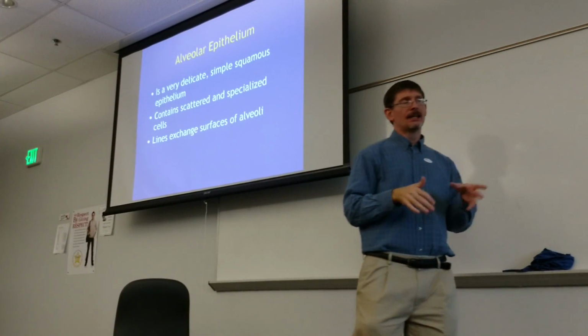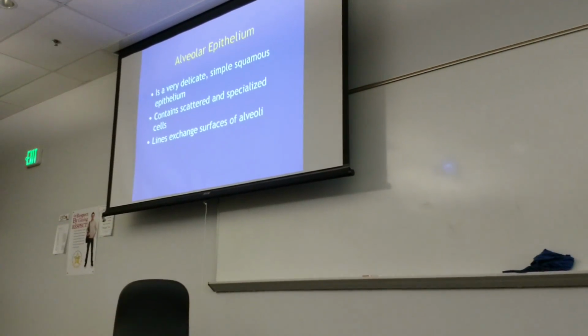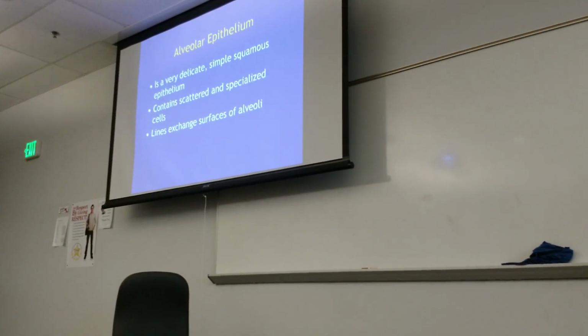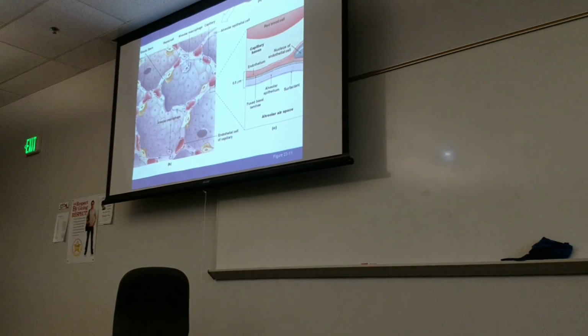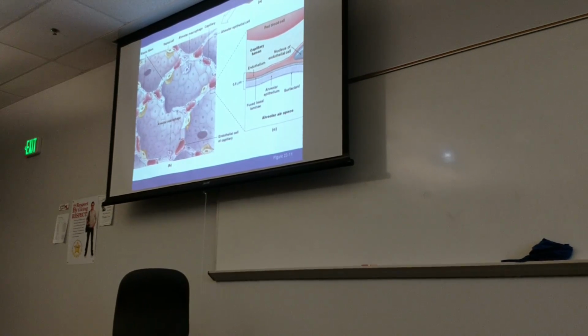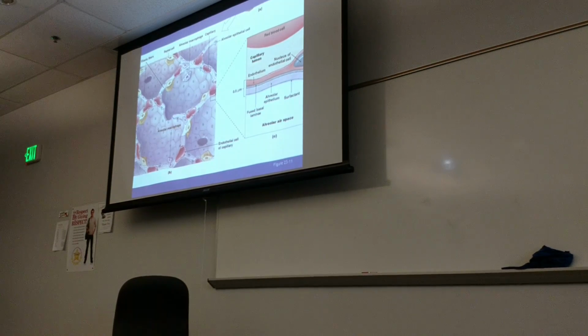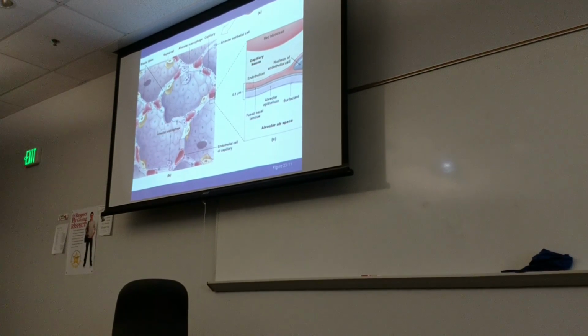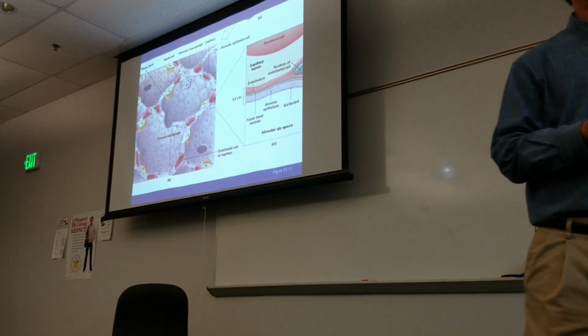What we're going to see is an extremely thin, simple squamous epithelium. By having such a thin layer, especially when it's connected to a capillary, it provides a minimal barrier for those gases to cross. So you have really thin